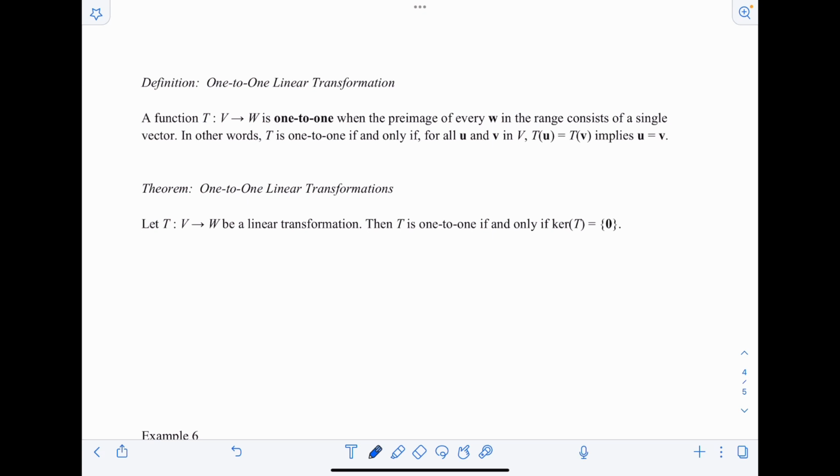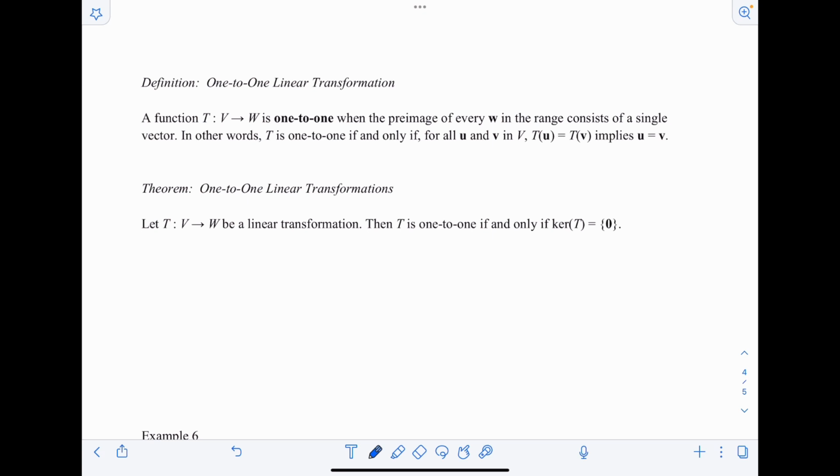You might remember this terminology from your high school days, probably Algebra 2. One-to-one and onto, you would have talked about those in the context of functions. The same thing applies here. So if you can remember what those words mean already, you know what it's going to mean here. One-to-one simply means that the preimage of every w in the range consists of a single vector. So we're mapping v to w, and it's one-to-one when the preimage of every w in the range consists